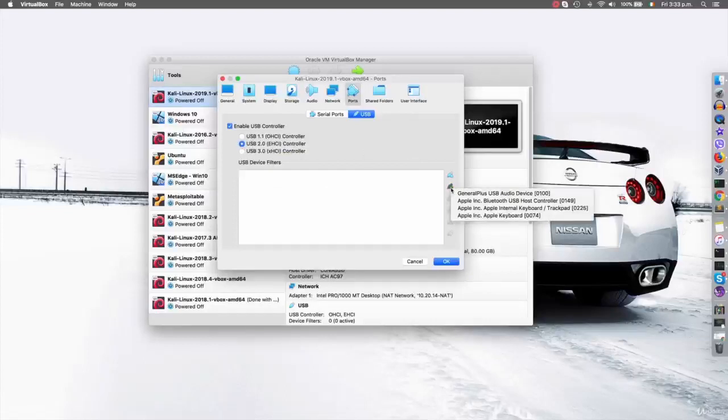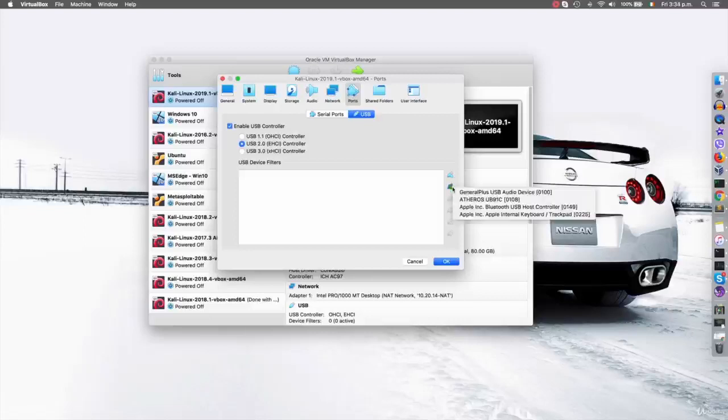Now you'll see that I have a number of devices that I can attach to the Kali machine. Now I still haven't connected the adapter. So first of all, I'm just going to have a look at the available devices. Then I'm going to connect the adapter, and I'm going to list the devices again. I did that because we're assuming that I don't know the name of my adapter, because the name that you'll see here is the name of the chipset that's used inside the adapter. So it's not the brand name that you see on the adapter itself.